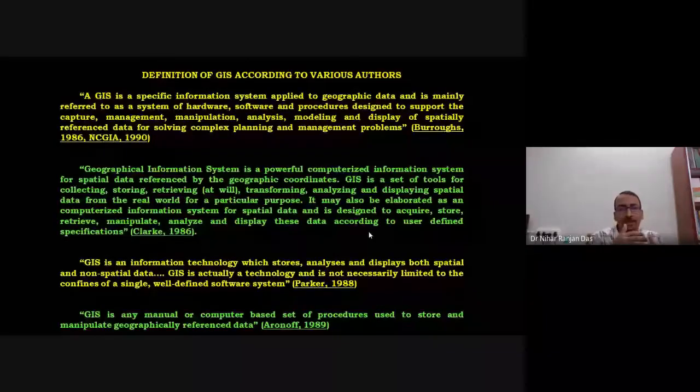categories under four categories. The chain of processes starting from data collection, modeling, storage, then data editing, management and manipulation, then data analysis, then data presentation. So this is GIS. This is the definition of GIS. So here four definitions